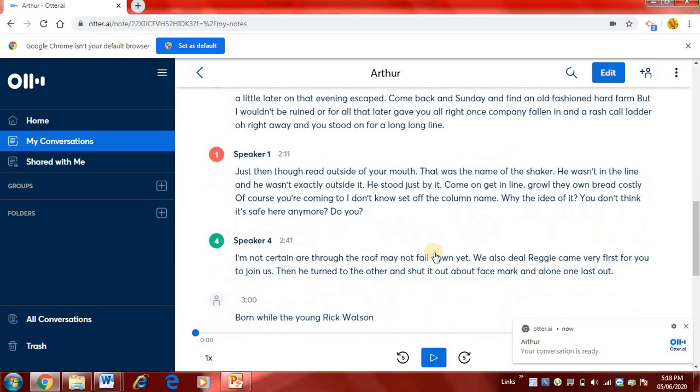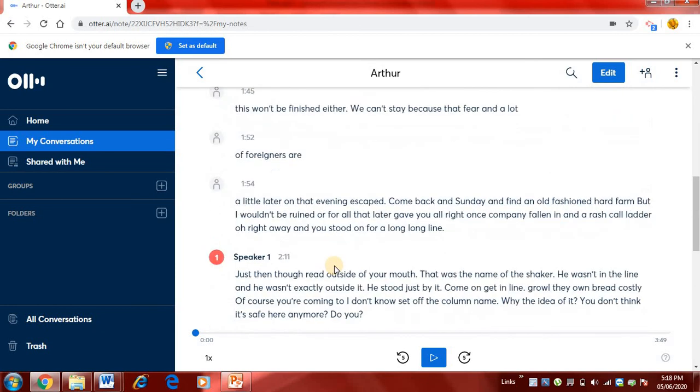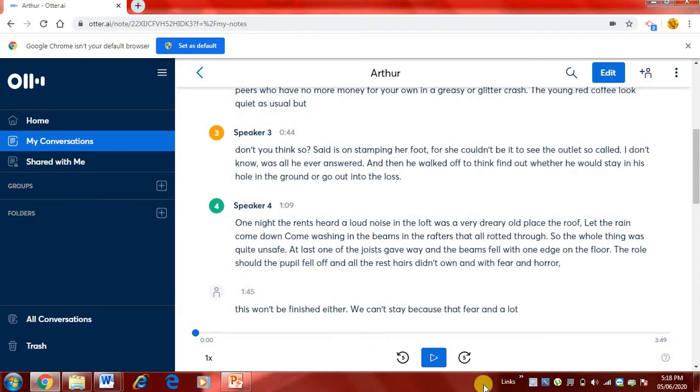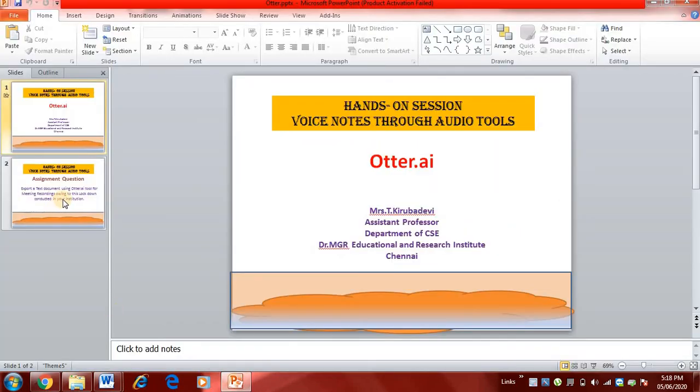So it is easy for you to identify, even though it is framed in a flow, you can identify the occurrences of the speakers, right? So with this, voice typing conversion to text is over, and this otter.ai is so much helpful for you.